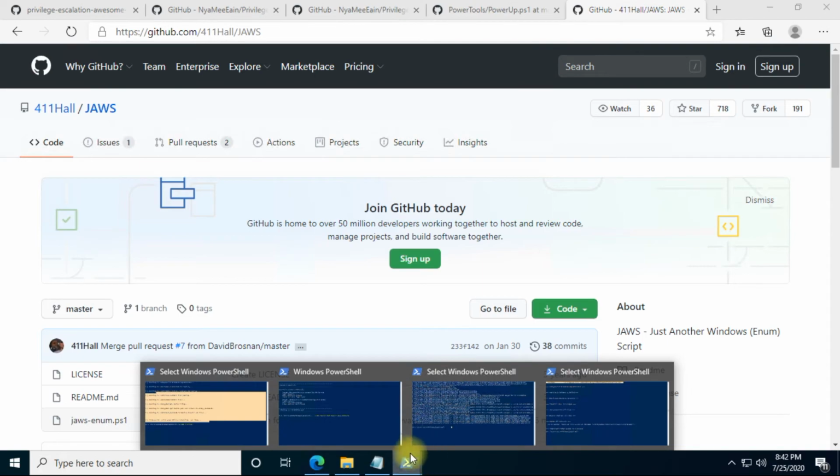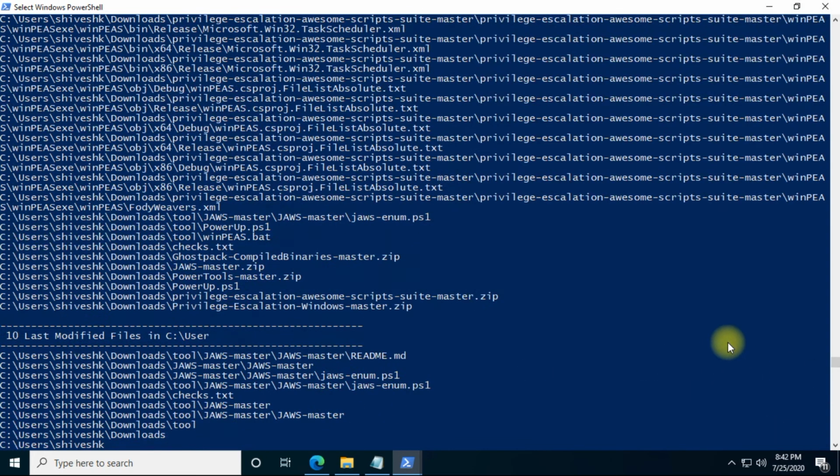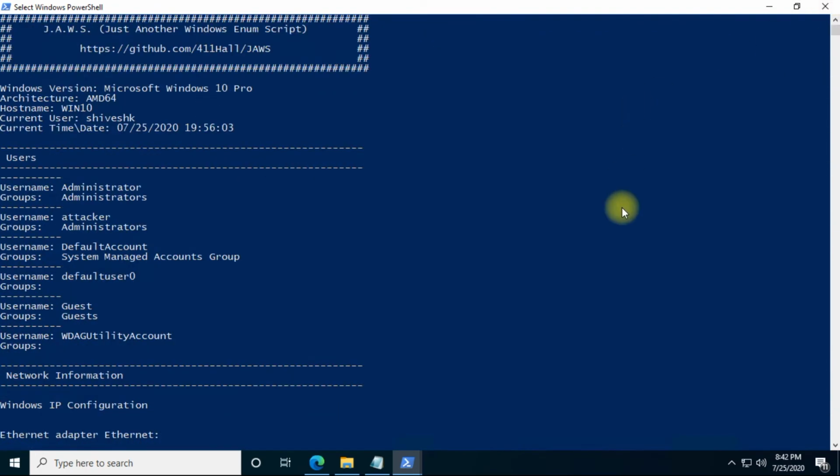For this also we have to do a similar thing. If we run this PS script in a different PowerShell, then definitely we have to set the execution policy to bypass mode first. Then on that basis we trigger this script and get the output.